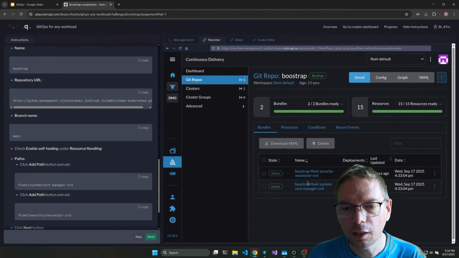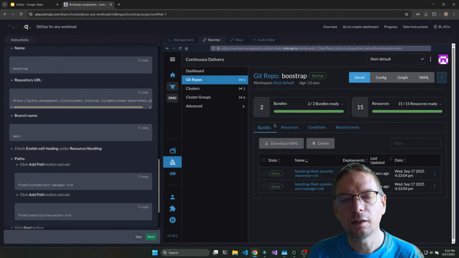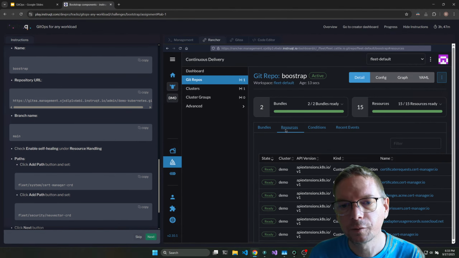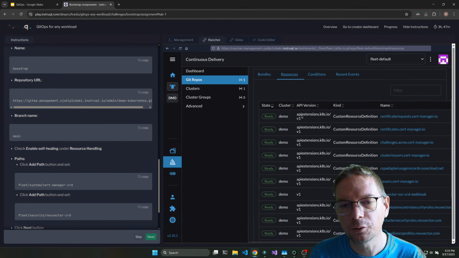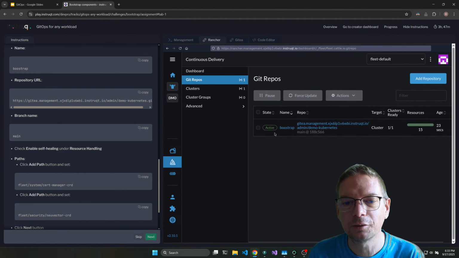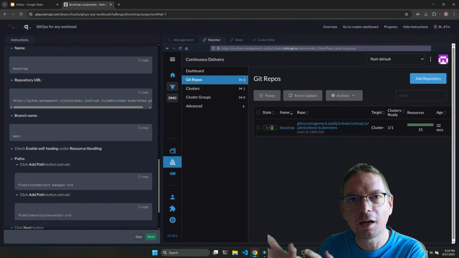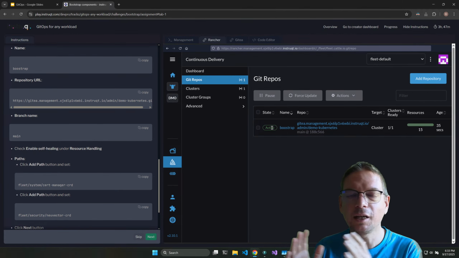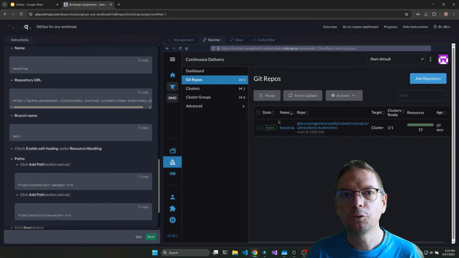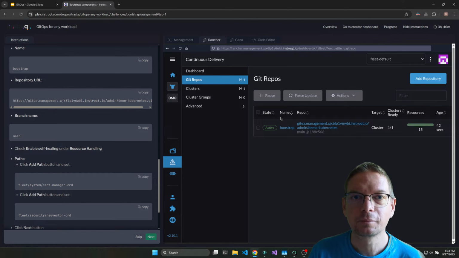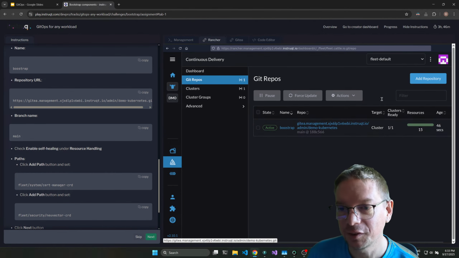And I can go inside and see that, okay, it shows that there were two bundles, two paths. And I can look at the resources, and I can see everything is green, active. So this is really very important here. It means that what I define is what is actually active in the cluster. So it's kind of huge, because usually when you do infrastructure as code, while you run your stuff, it's okay or not, but what's the state afterwards, you don't have it. So this is very interesting.